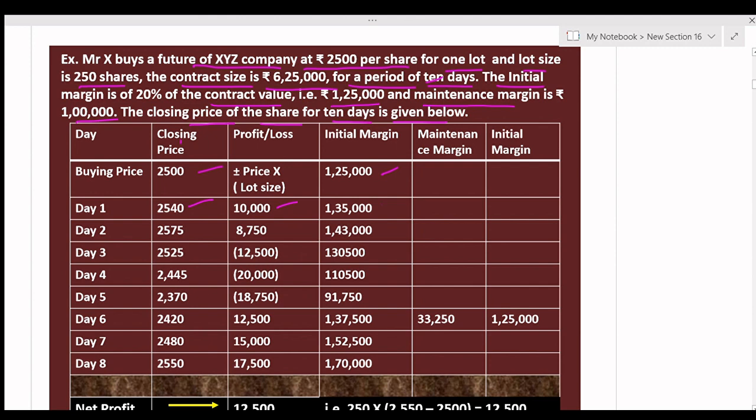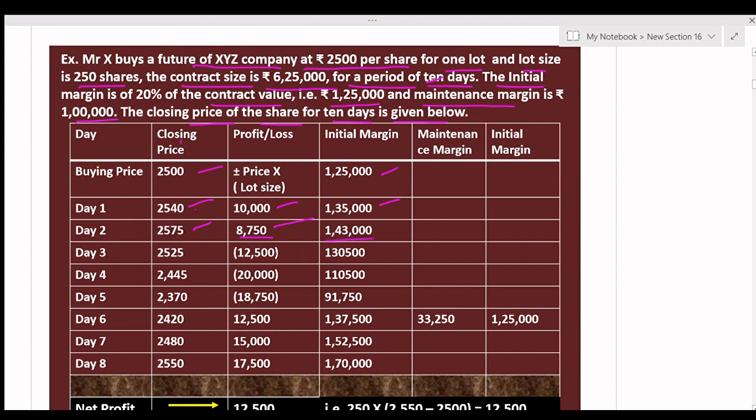The initial margin becomes 1,35,000, and next the price increases by rupees 35, making a profit of 35 per share. So profit for a lot is 8,750. The initial margin balance will be